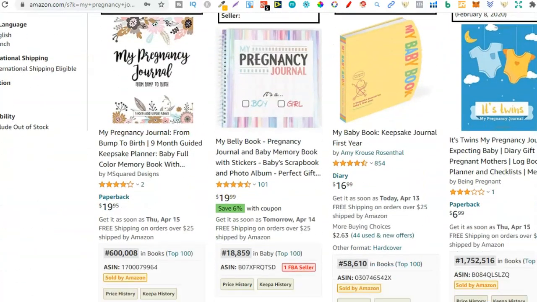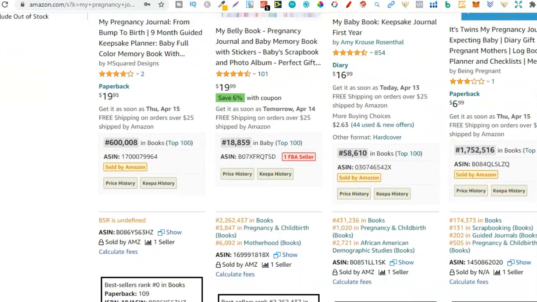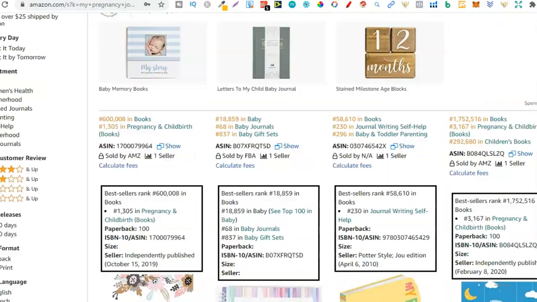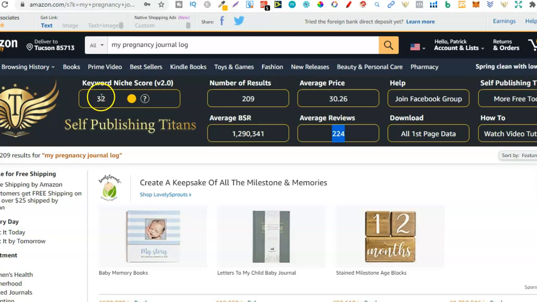I'd have to do a little bit more digging to see if it's worth my time actually creating this book, because even though this score is low, we can see the results are low and the average reviews are low, but it's just that BSR, which means that there's not a lot of people searching for this and buying this each and every month. So you might want to take a look into different pregnancy journal keywords,